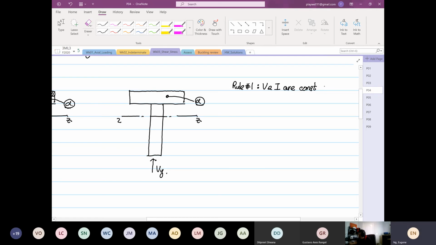That's rule number 1. And then rule number 2, the datum is at the centroid. Rule number 3 is the analysis